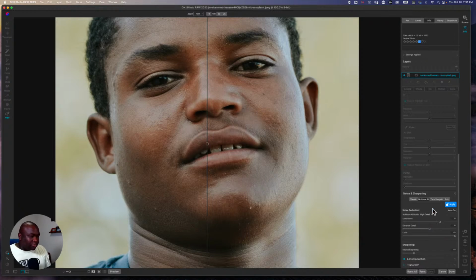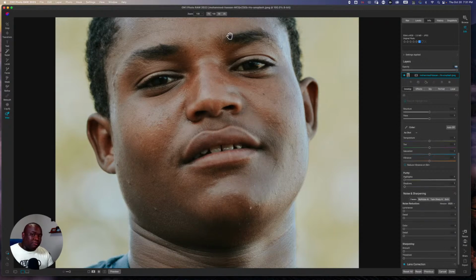Now, I'll be honest, I don't know why you would need either one of those. I think the original No Noise worked just fine. But I'm sure the reason they added the high detail is because many people told them, hey, we really need to get more detail out of our noise reduction tool. And so then they created a new model. I love that, right? So high hopes that ON1 can absolutely bring us back to the old AI masking tool,